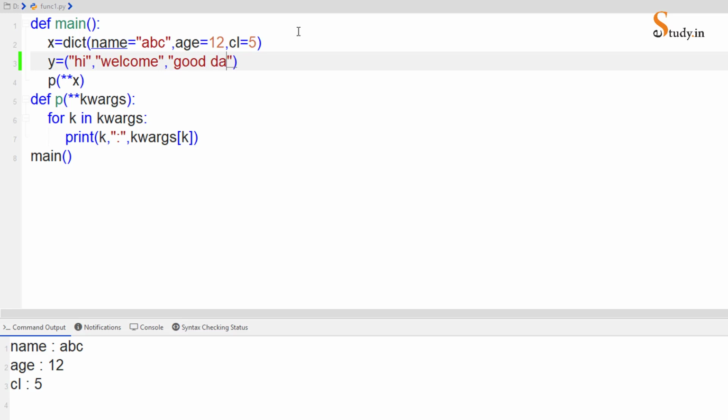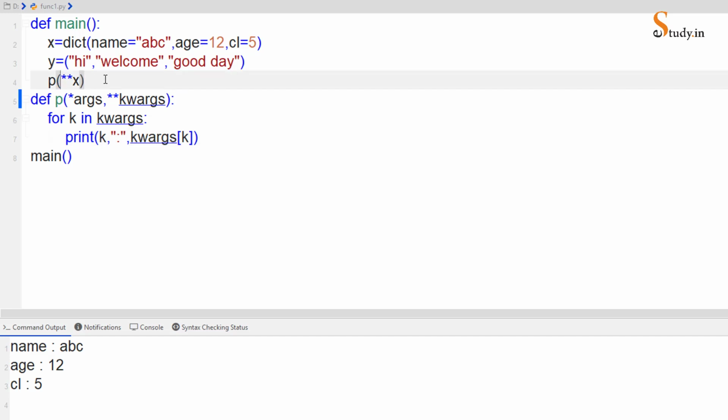So we have 3 welcome messages here, and in the function we need to have a star. So we'll say star args, comma, star star kwargs. Here we will say star y, comma, star star x.